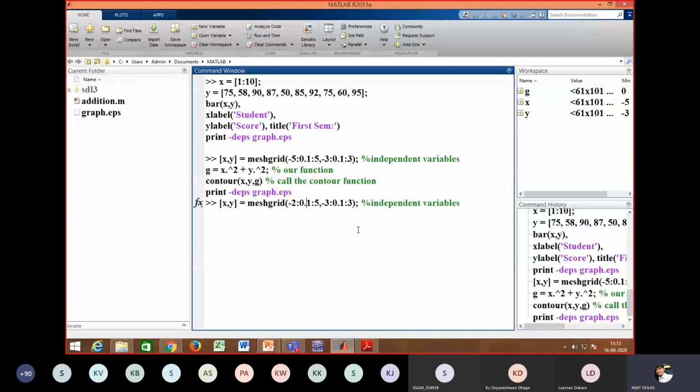The increment I will change. Say the increment is 0.2 for x and 0.4 for y. And I will run this command. You can see here data is generated now. For X, you can see the data is generated here.